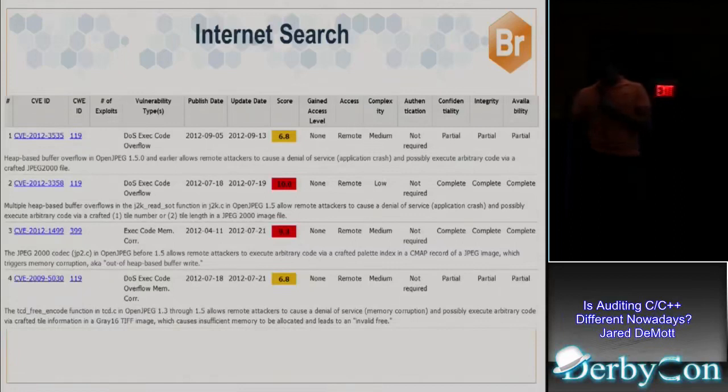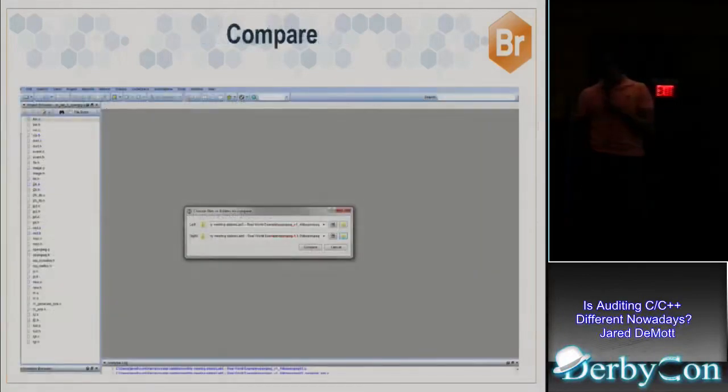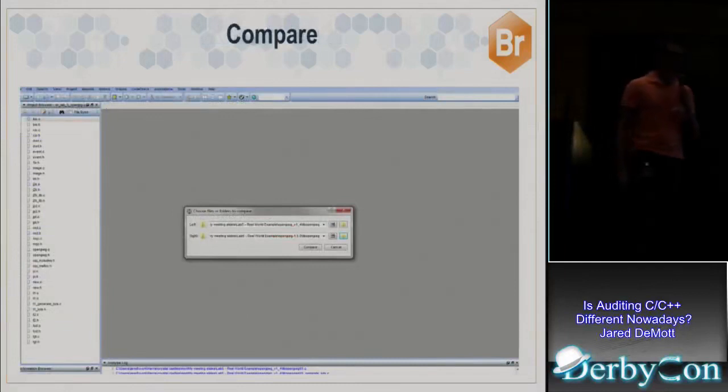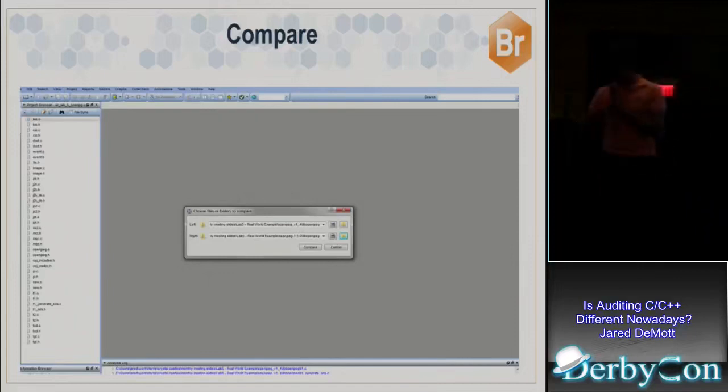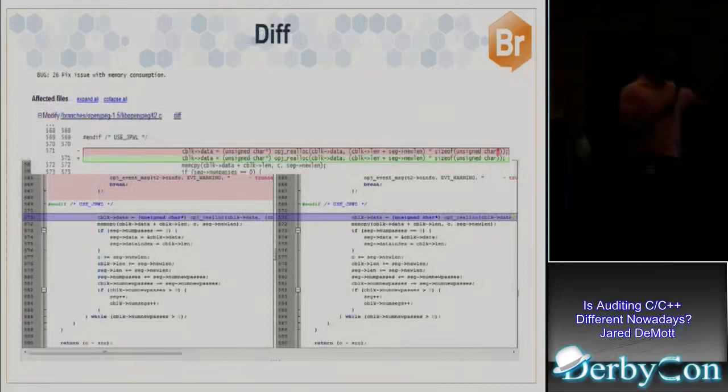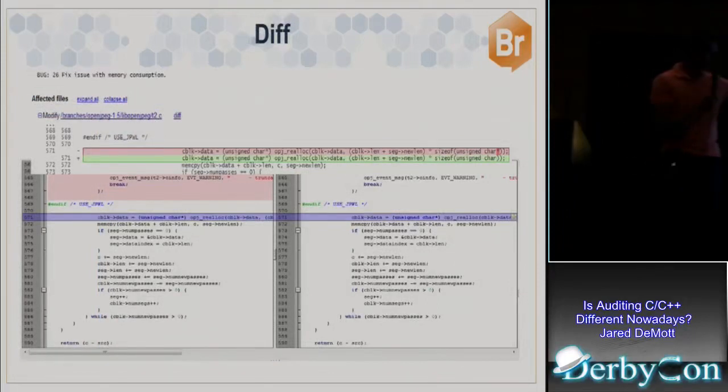So you go, okay, I better look into one of these. You grab a tool like Understand by SciTools. That's a tool I use a lot for looking at code, auditing code, and also for differencing code. It's really good for differencing code. So you put in the 1.4 project and the 1.5 source code trees, and you difference them, and you come up with a whole bunch of places that are colored, where here's the original and here's the changed.